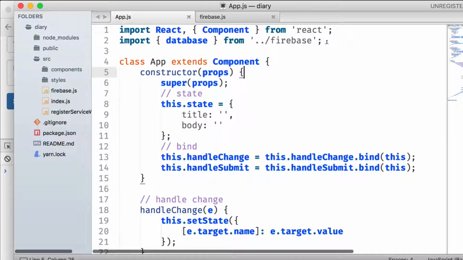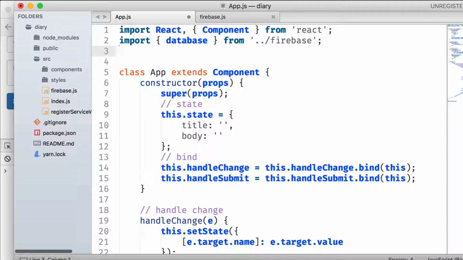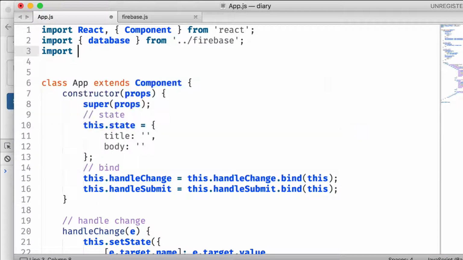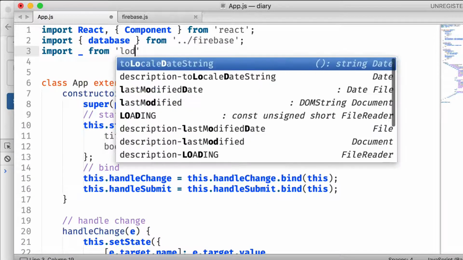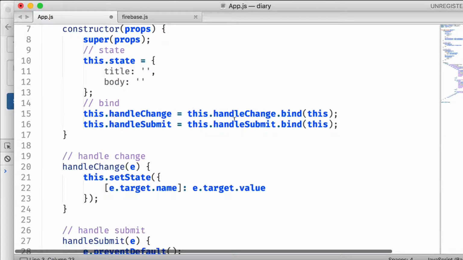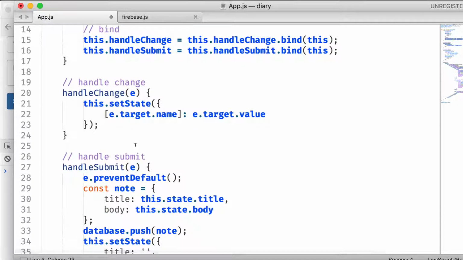So what I'm going to do is import it in our app.js. Let me hide the sidebar so that you can see it well. Okay, so import underscore from lodash. Now we can use the map method to get the object from Firebase, iterate through it and